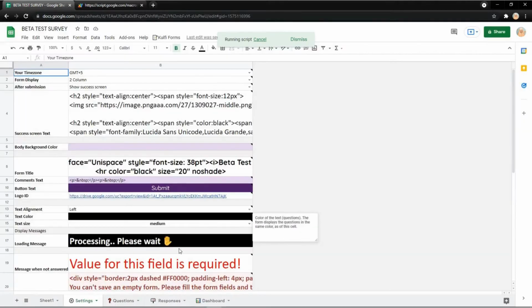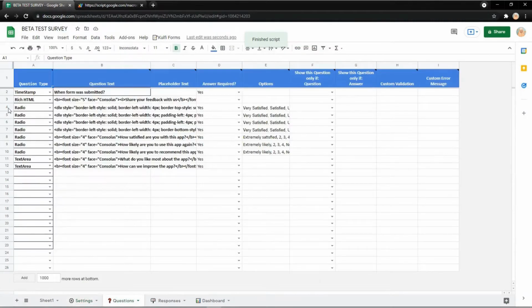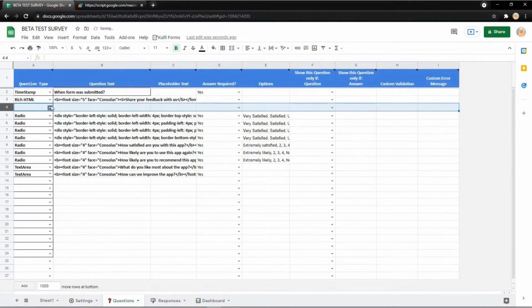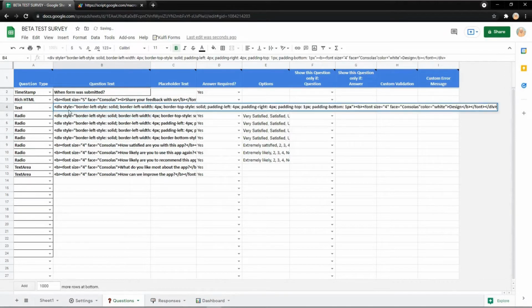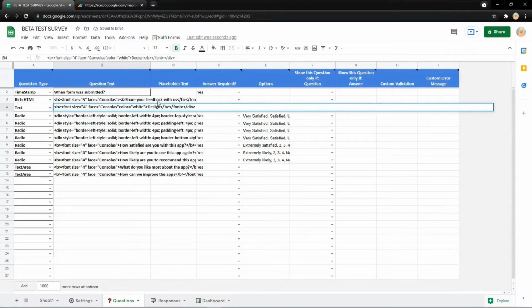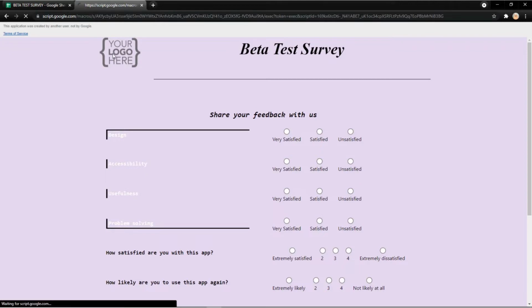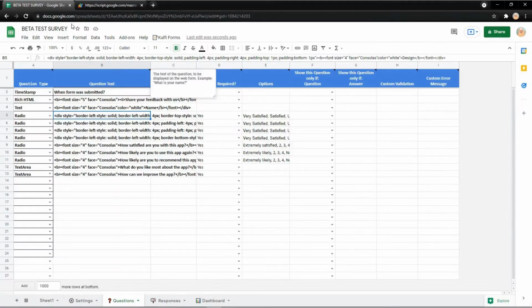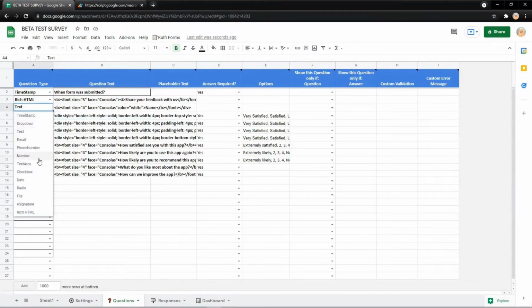You can also customize the questions. For example, I want to insert a new row here, and I use text, and just copy the text. And for example, I want to change the question's name like this, and then it will show like this in the form. You can also change the question type, for example date,